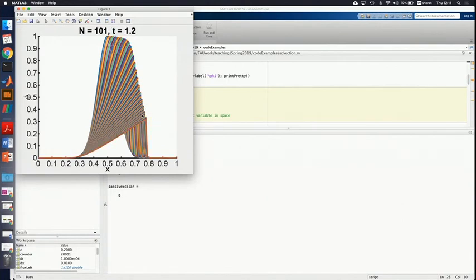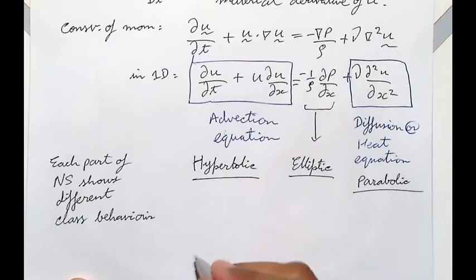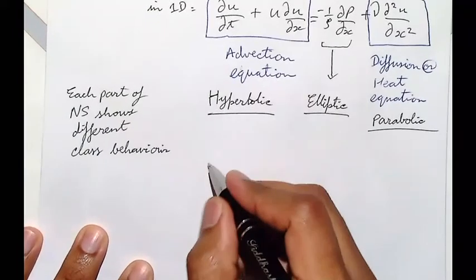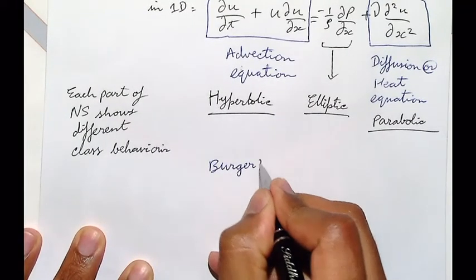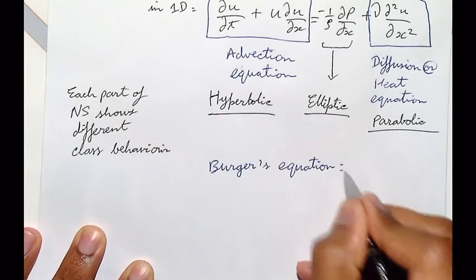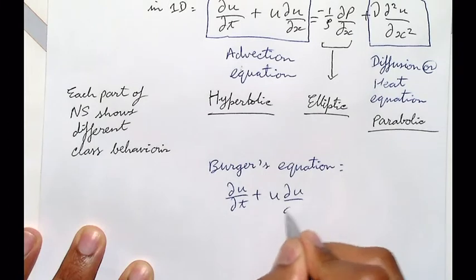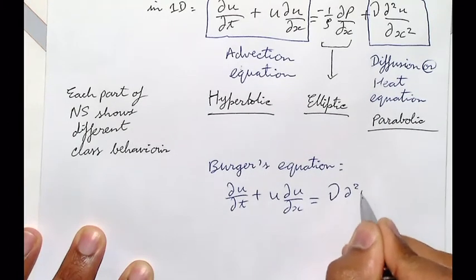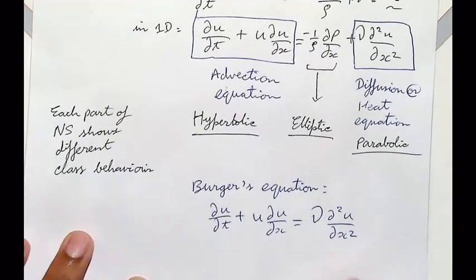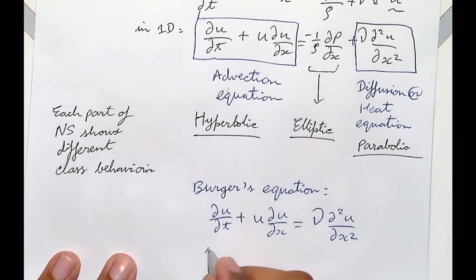Okay, make sense? All right, so this actually is called the solution of the inviscid Burger's equation. If you've heard of it, Burger's equation is, the guy's name was Burger. It's del u by del t plus u del u by del x equals mu del 2u over del x squared. So it's basically trying to mimic exactly what happens in the Navier-Stokes, but for a very simple 1D